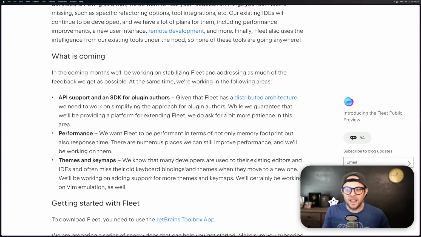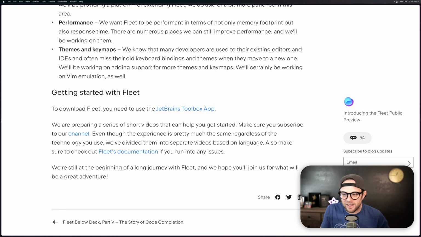app, which is to me, that's a thumbs down, because if I want to have an editor, I want the editor to download, right? I get that you have this whole plugin ecosystem, but with just like Adobe Creative Cloud, you have to download the Creative Cloud app, then the cloud pulls in anything that you want, any sort of apps. And just like that, you have to do the same thing with JetBrains' Toolbox,